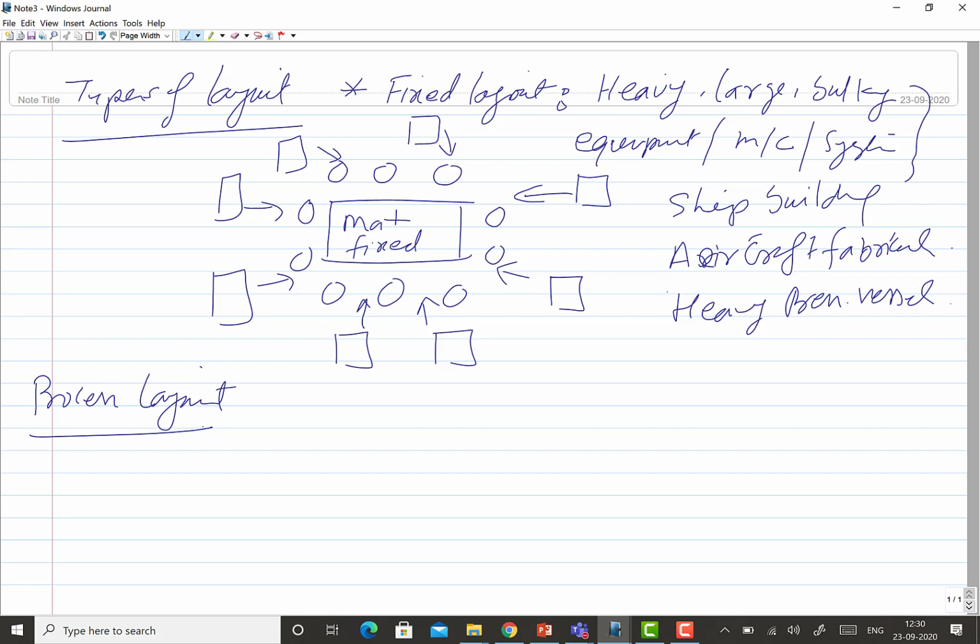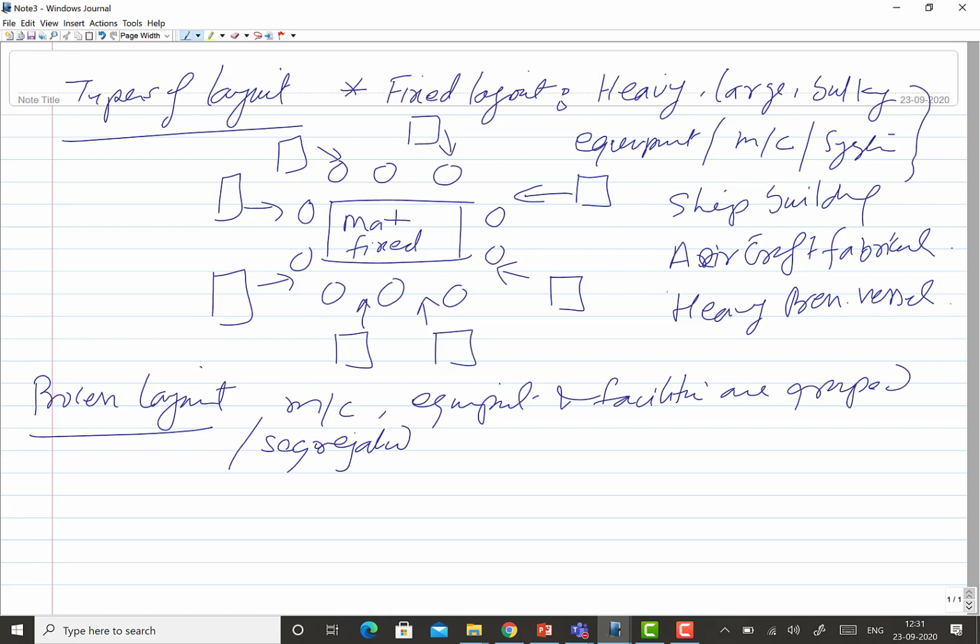In case of the process layout, the various machines, equipments and other facilities are grouped or segregated as per their functions, and this kind of setup is used for manufacturing of